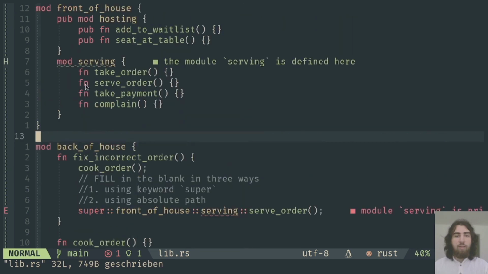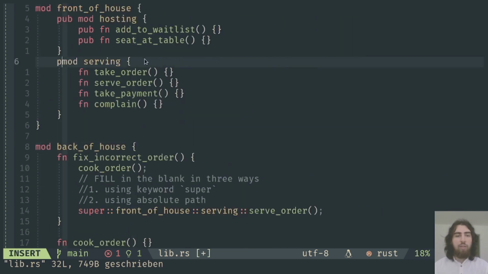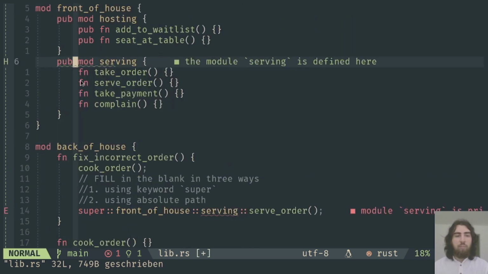Like that. And again, serving is private. Let's make it a public function. And again, serving here is private, so let's make that public. And also the function here,